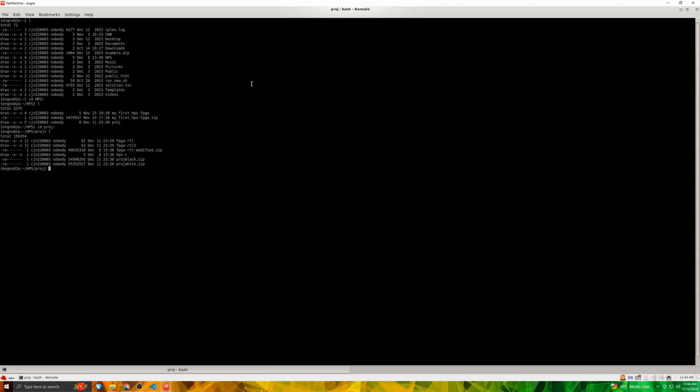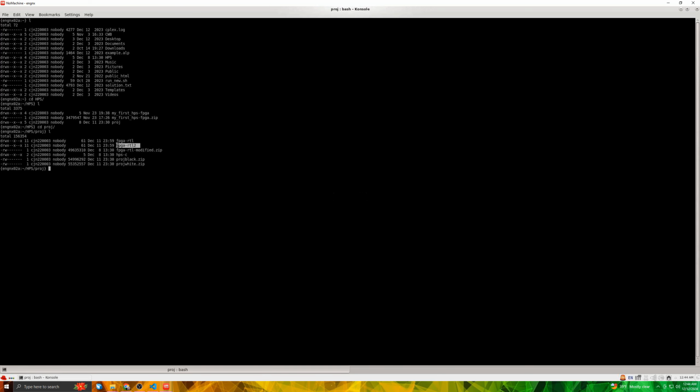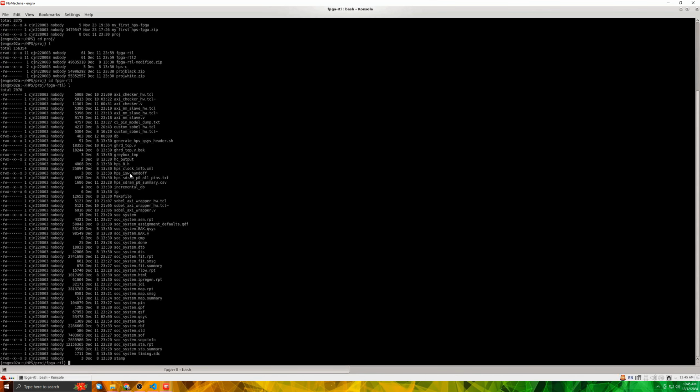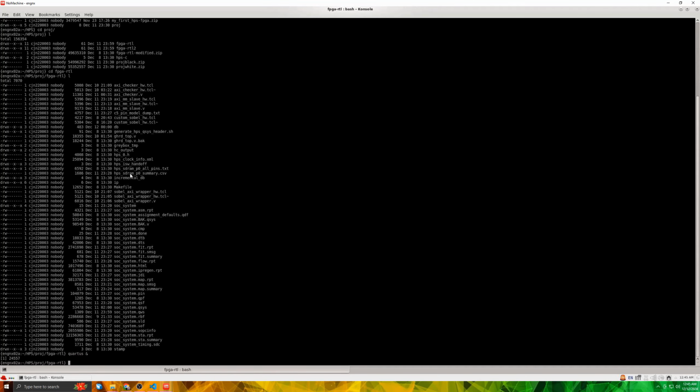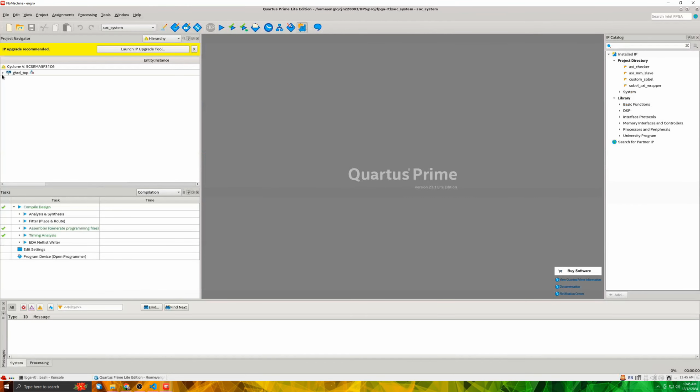And then here you can see I have two different projects going on. So I have FPGA RTL2, and I believe this is the white version, and I have FPGA RTL, which is, I believe, the black version. And we are just going to open up one of them because they're basically the exact same. So I'm going to go to the FPGA RTL folder, and I'm going to type in Quartus ampersand to launch Quartus. So now I'm going to open the project,